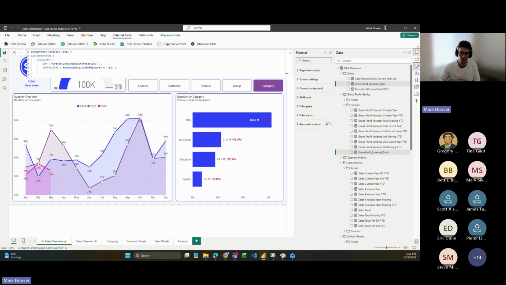Later on in the future, if you need to look into these measures, do any debugging, or if you pass it along to any other developers who need to dissect the code and understand what's going on, it's just a lot easier to understand what's going on in each line of code instead of just having it all bundled together. All right,